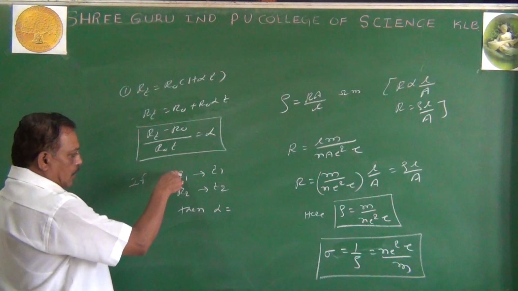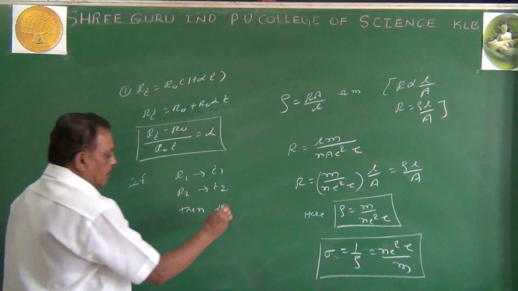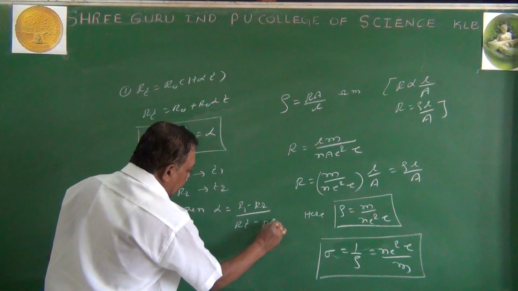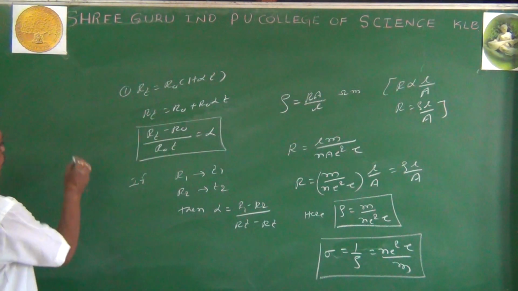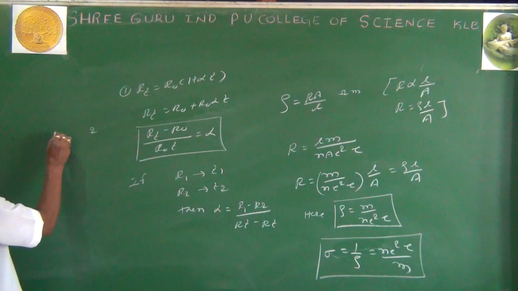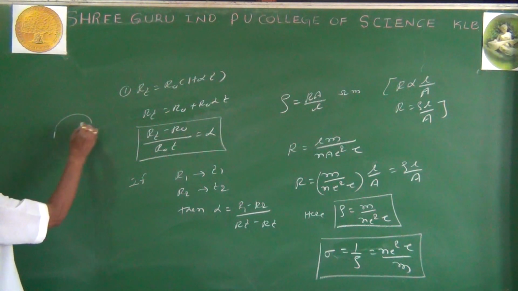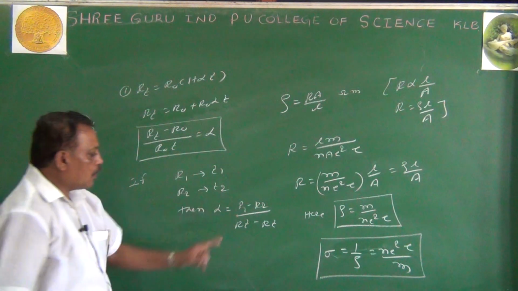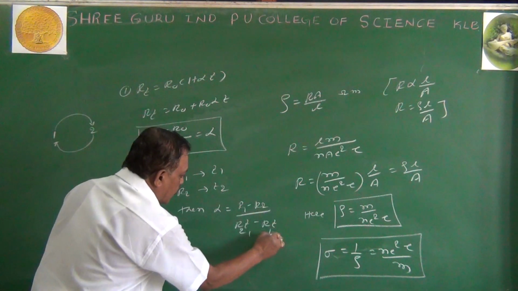Which one do you need, R1 first or R2 first? Then I can simply hint R1 minus R2, then I can write R T minus R T. So there are only two things, two resistances, 1 and 2. I make the cycle: after 1, 2. After 2, 1. This is the cycle: 1, 2, 1, 2, 1.